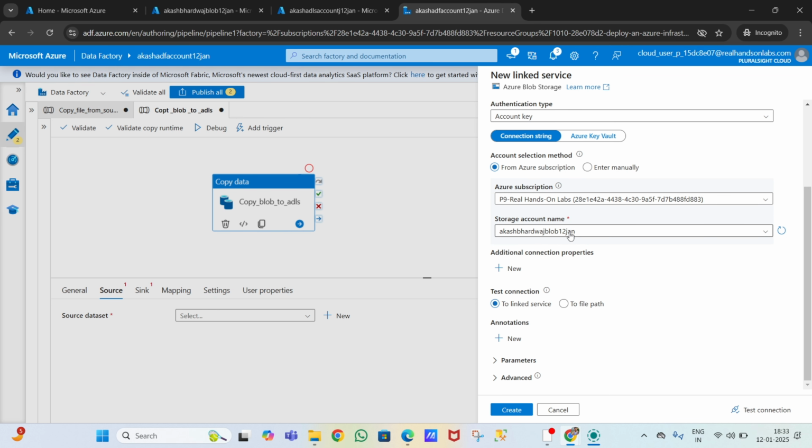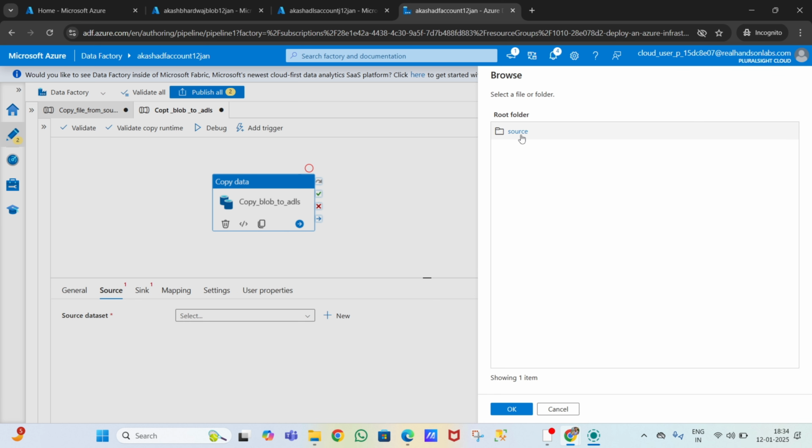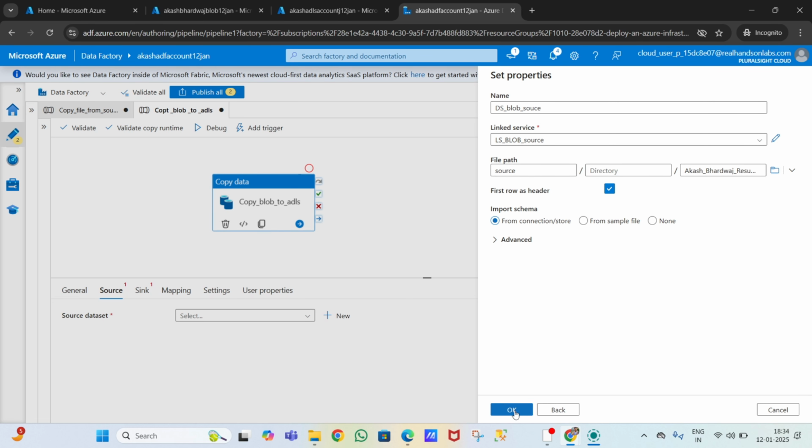Test connection is very important, always remember: click on test connection and click on create. Now we will choose the source file. Where is it? In the blob storage, click on this. Now I want to copy only one file, the first PDF file. Click on OK. Now click on OK.